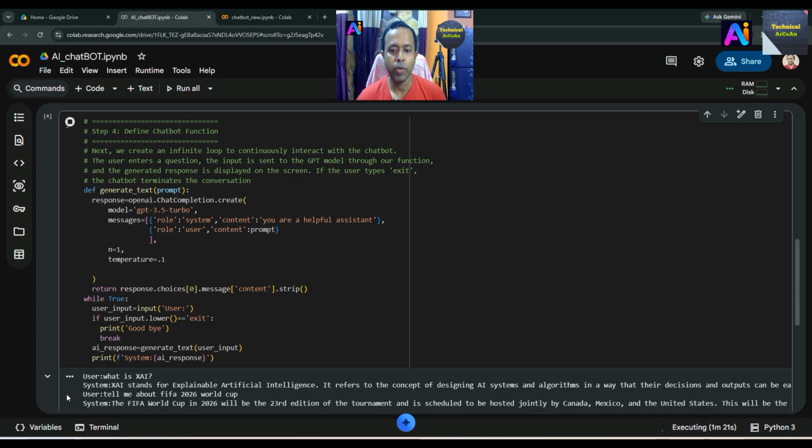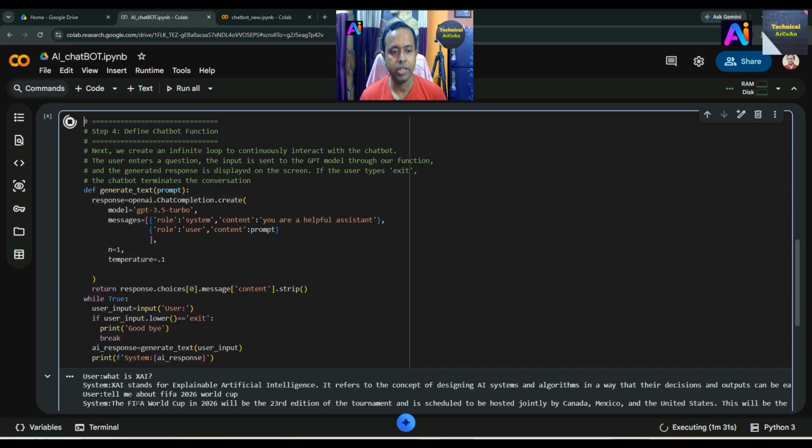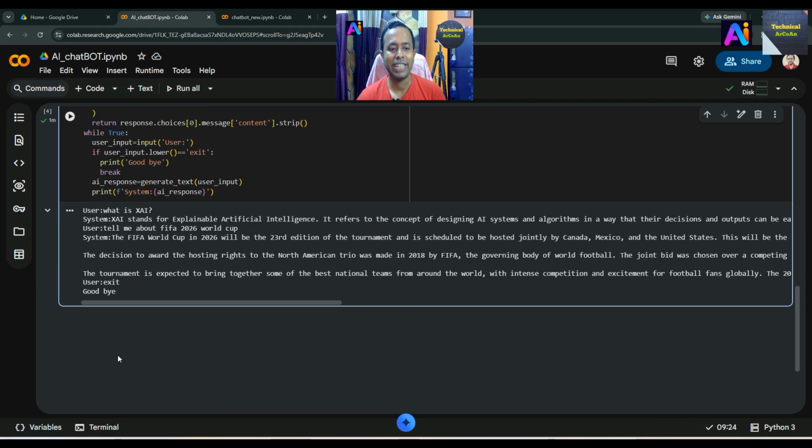Okay, and same way, if you want to terminate this conversation, just write here exit and press enter. It will show as a result goodbye and stop execution. Okay, I hope you have understood how a generative AI chatbot works, and here we are using the LLM model GPT